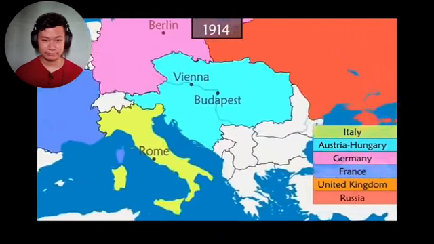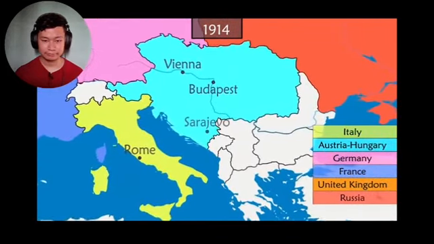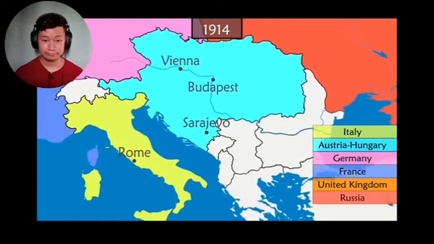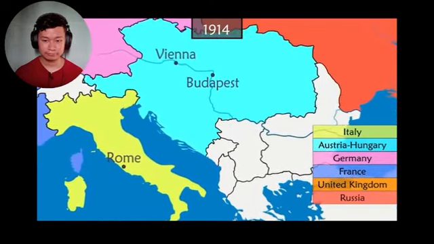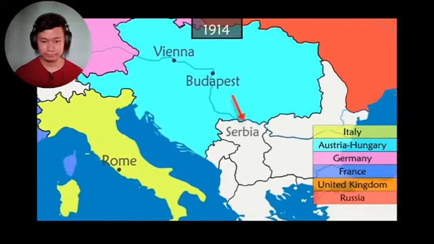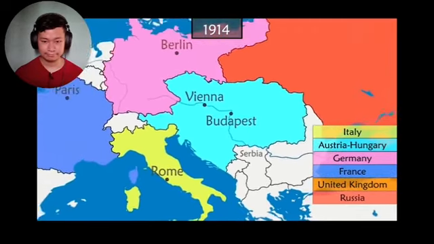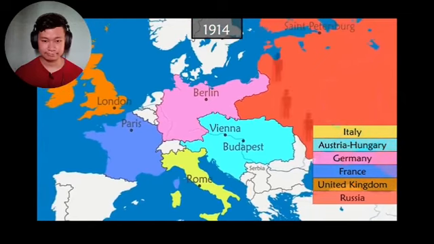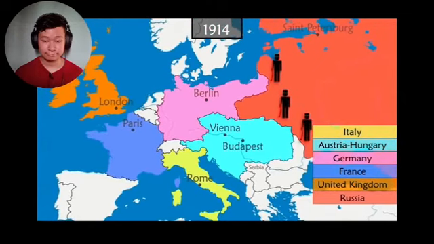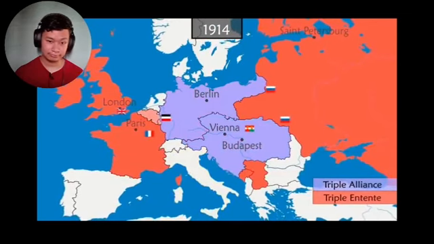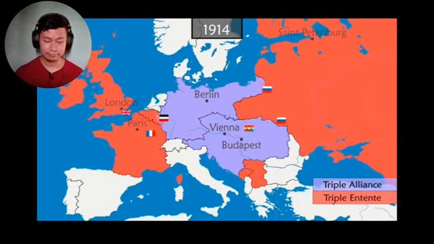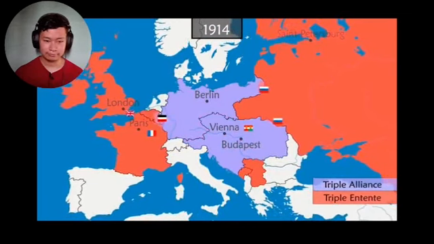In the Balkans, the heir of Austria is assassinated by a Bosnian Serb nationalist. In retaliation, Austria-Hungary, supported by Germany, declares war on Serbia. Russia, which wants to protect the Slavs in the Balkans, decrees general mobilization, and in a few days, all of Europe enters into war. St. Petersburg, whose name has a strong German sound, is renamed Petrograd.